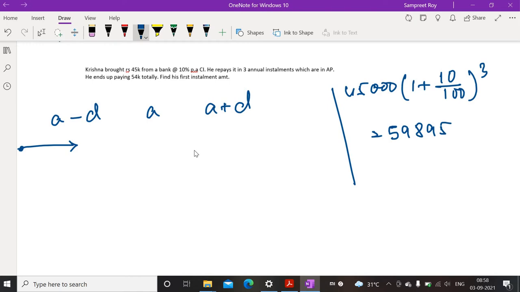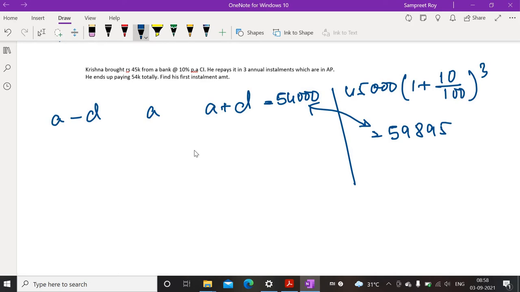But I had to pay 54,000 totally. So if I add these three amounts, it will result in 54,000. So this amount I had to pay less, the difference. So coming to the problem,